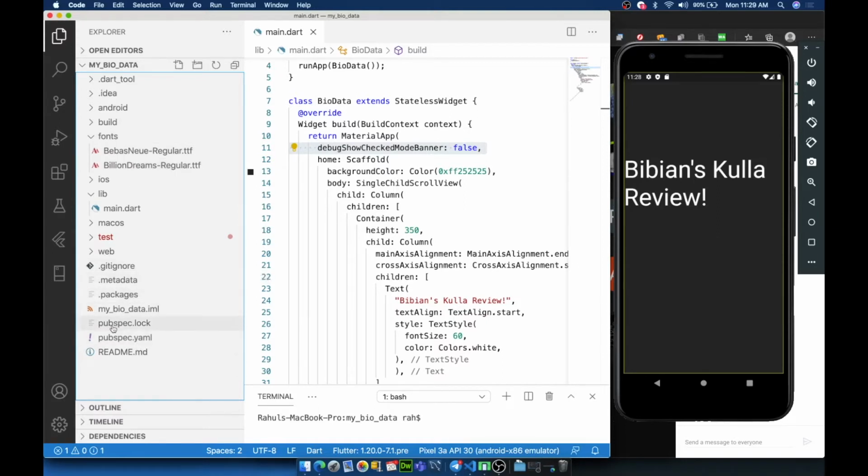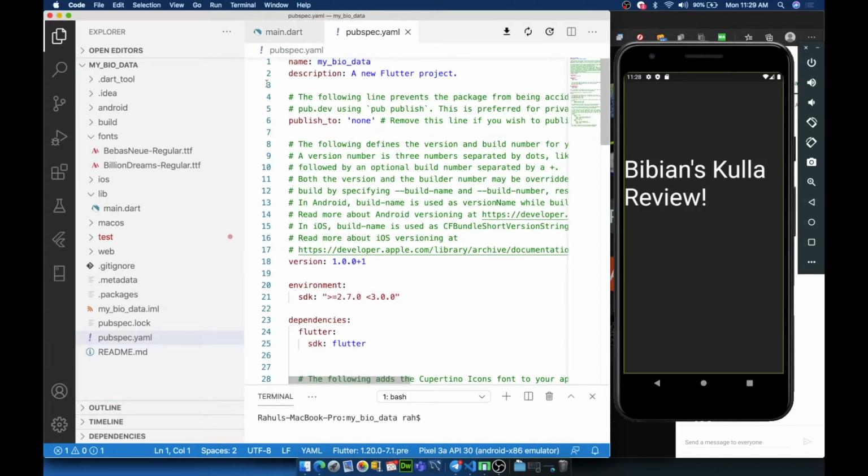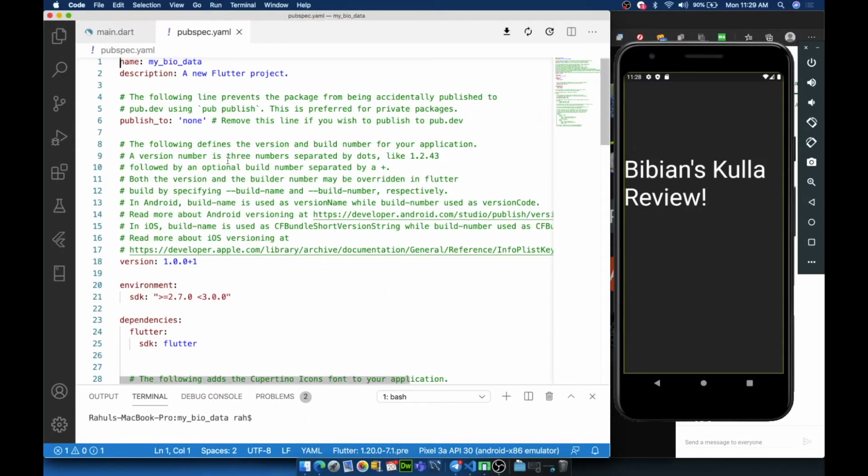Okay, on the left side, just open this file, pubspec.yaml. Just double click and open this file. Let me take a minute to talk about this file. This is the most special file of your Flutter project. This file contains all the high-level information, all the build instructions that you need to package your applications.